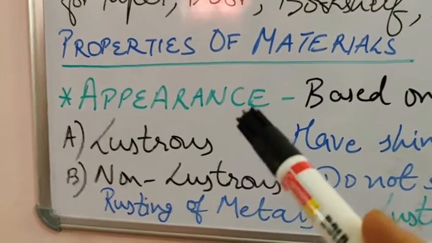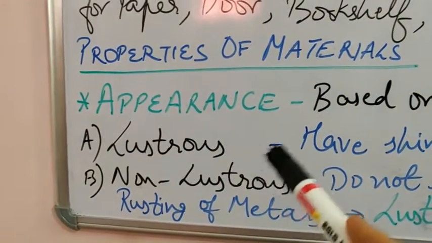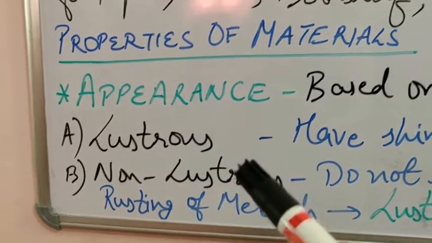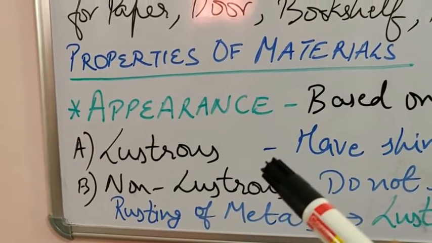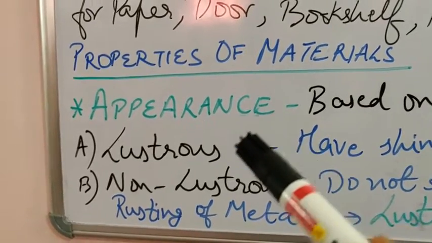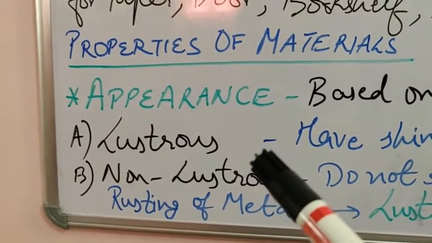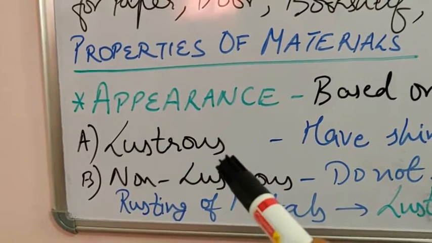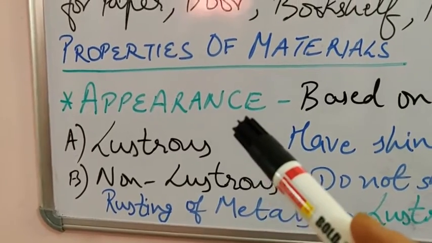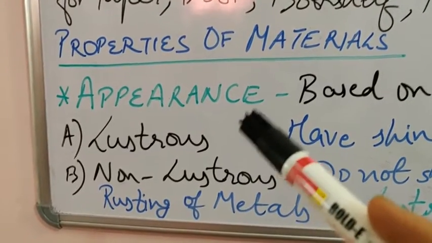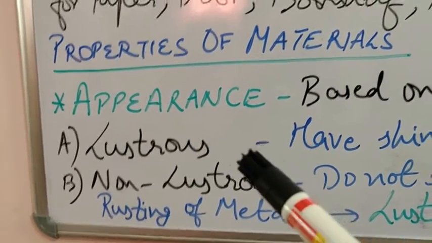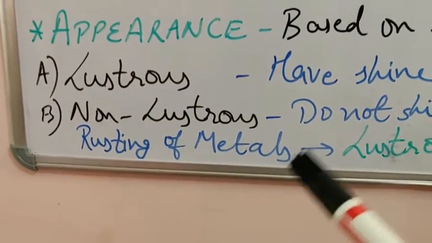Gold and silver are also very shiny. So they have a good luster and they are very costly metals. They are used for making some ornaments, some decorative materials. Now out of these, some of them lose their luster with time, like your silver. Silver becomes dark in color or black in color. Your iron also becomes dark in color. Brass materials also become dark in color. That is because of the rusting of metals.